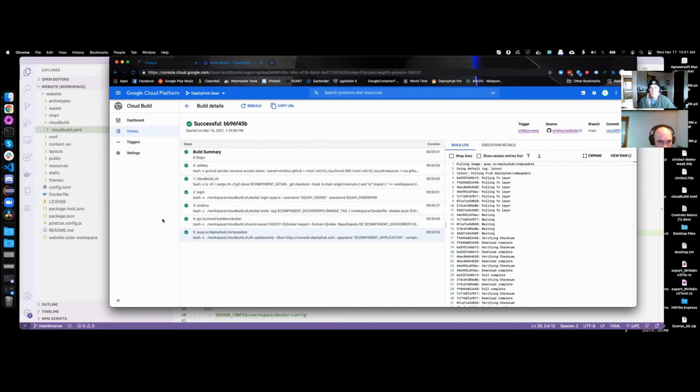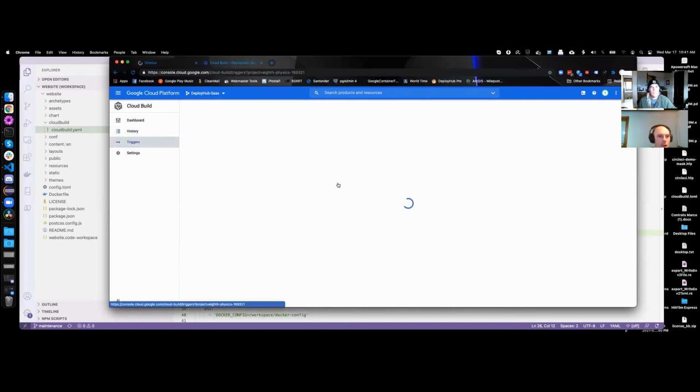Wow. So those are the steps, and the setup on the trigger side